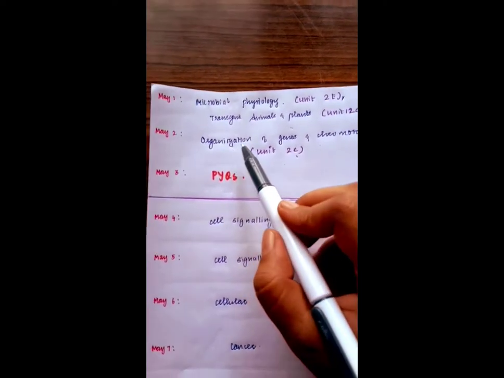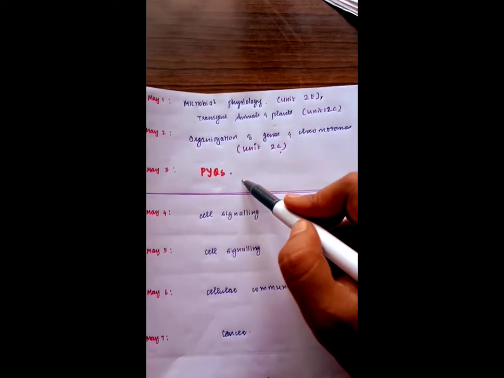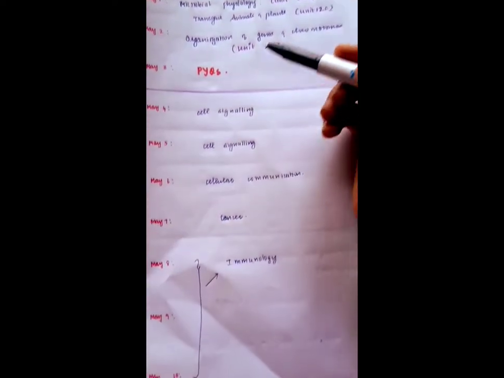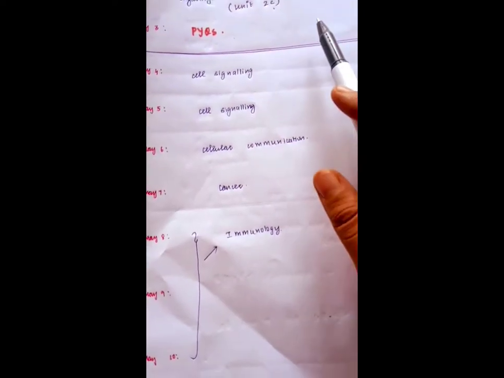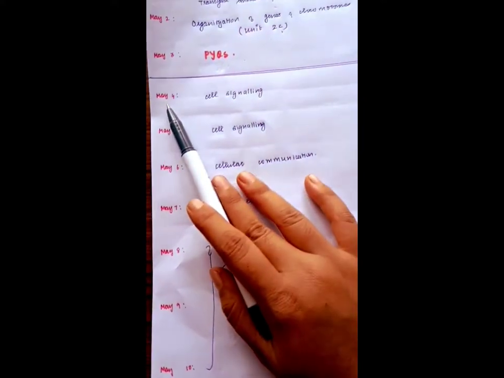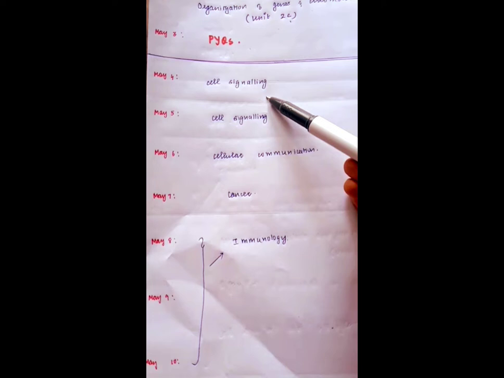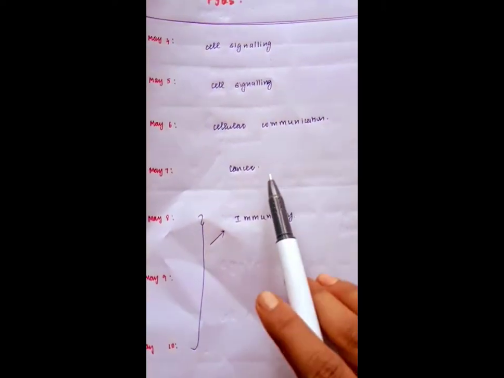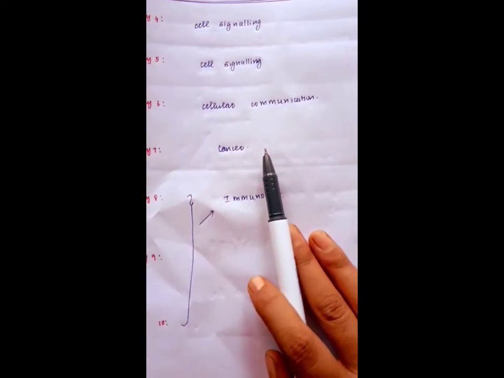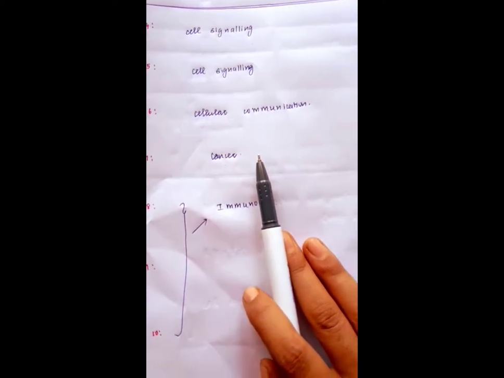So after 5 days of preparation, you should work out the previous year question paper. The next unit is unit number 4. By May 4, you should start preparing for unit number 4. Starting with cell cycle, 2 days of preparation, because the cell cycle pathway and all will be difficult for me. Next is cell communication. Next is cancer, and cancer is also a very important topic from the exam point of view.